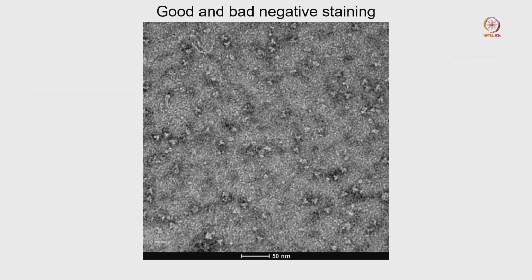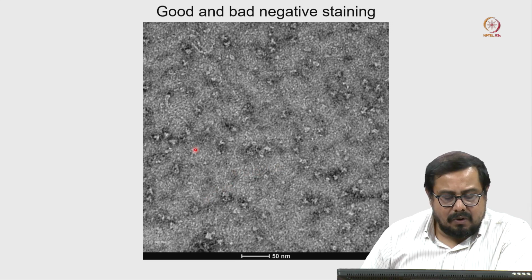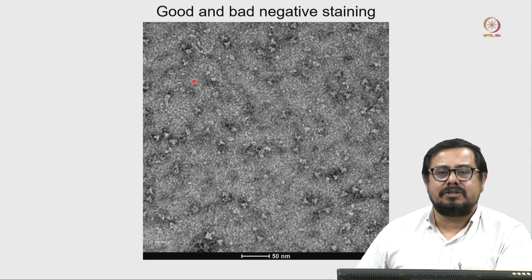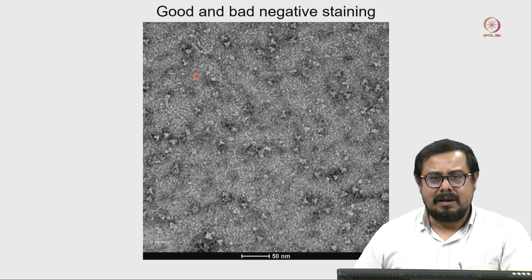Now I am coming to the next sample. If you look at this sample, you can see there is a white background. Here you can see there is a white background, but the background is very prominent here. Definitely, whatever stain we did, it is not a very good stain here.